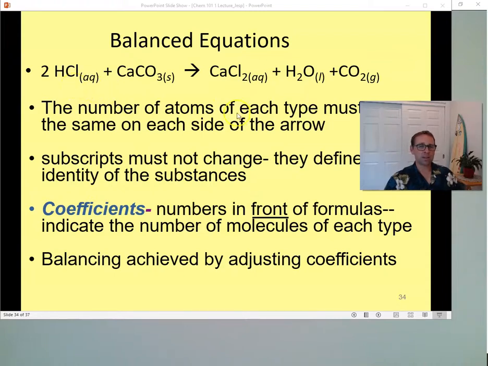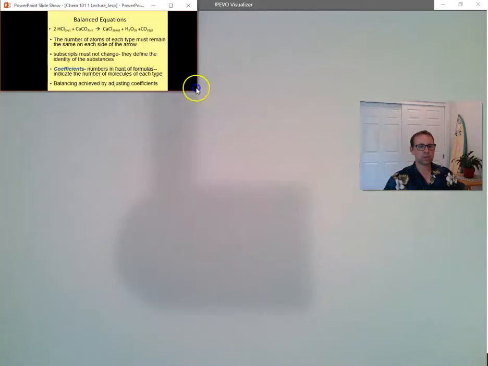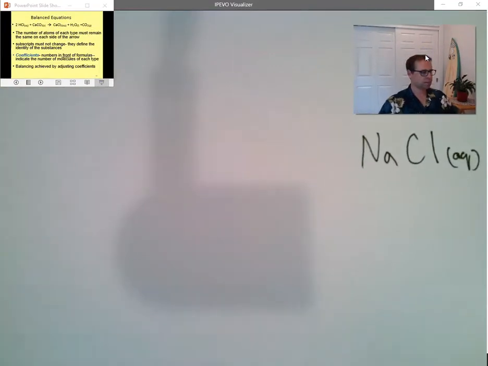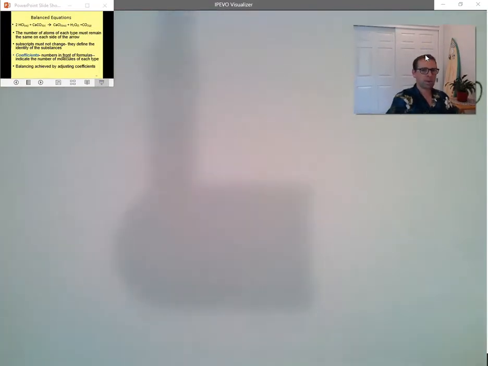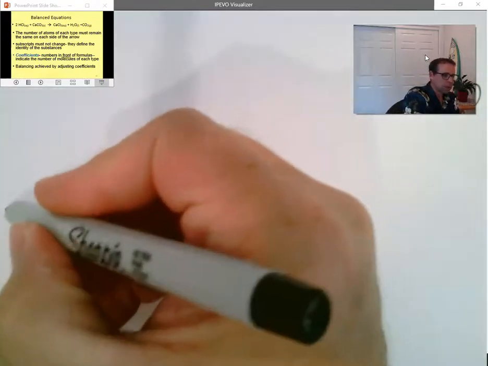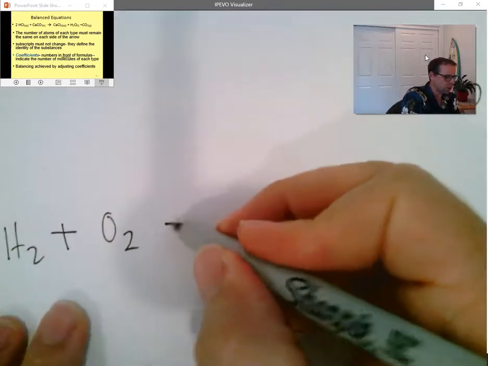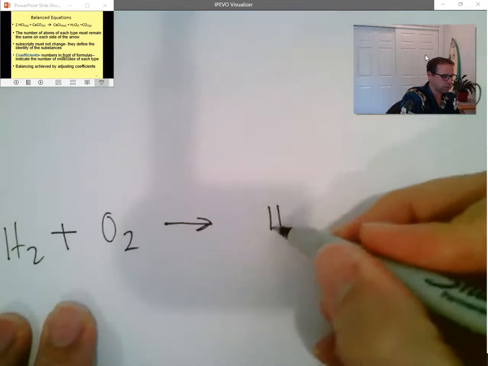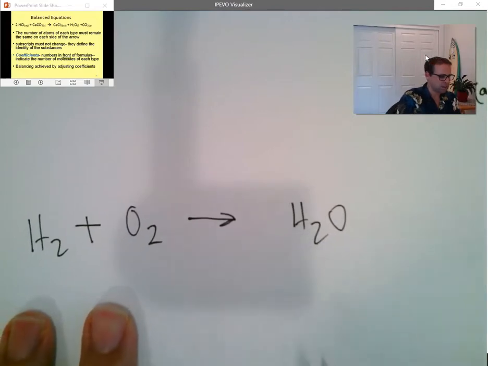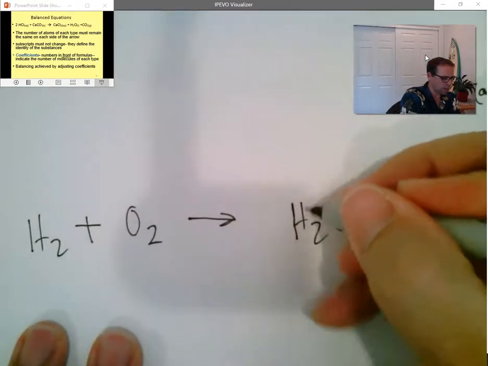Now, to balance this equation, you can't change the coefficients. You can't change the subscripts. So let me show you an example of what I mean. If I want to show an equation of hydrogen gas coming together with oxygen gas to form water, and I want to balance this equation,